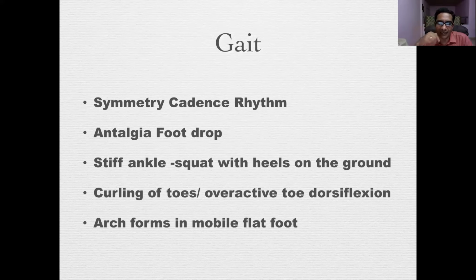And the Jack test, where there is a flexible foot. So it's good to tell. If you see a patient walking barefoot, he puts his foot on the ground, you see a pes planus. When he lifts it in a stride, when it's off the ground, you see a small arch form. So that also can be described in the gait.